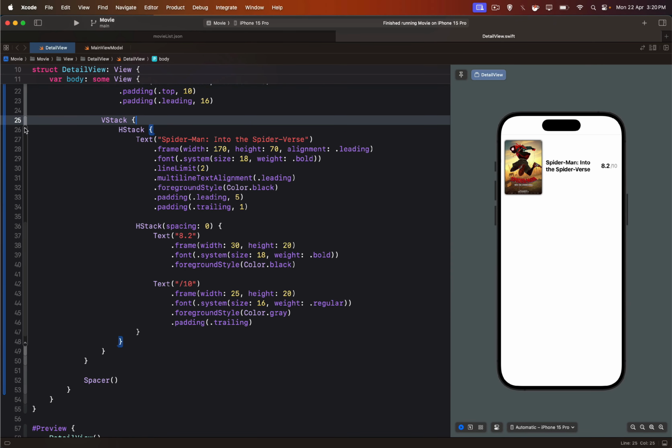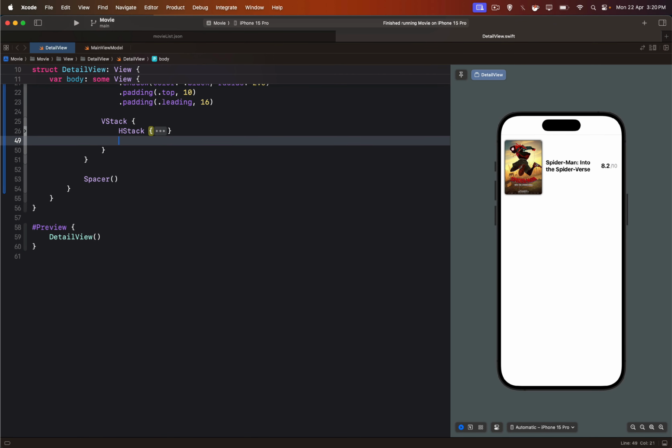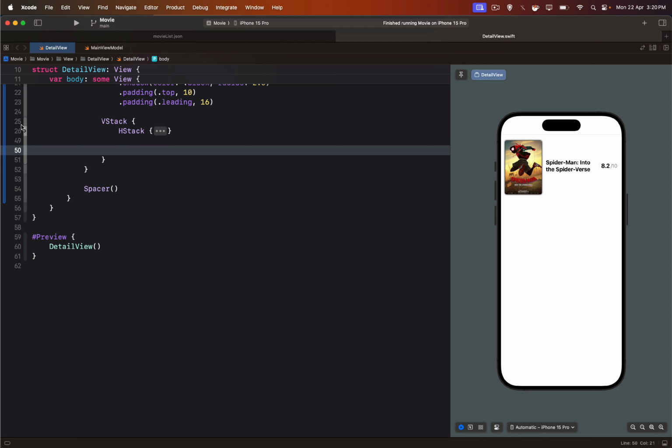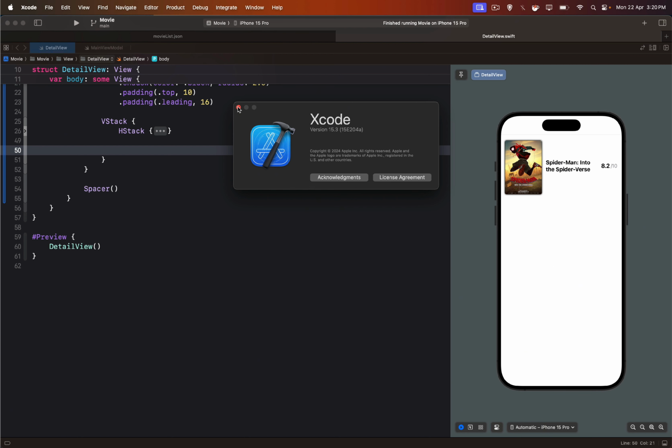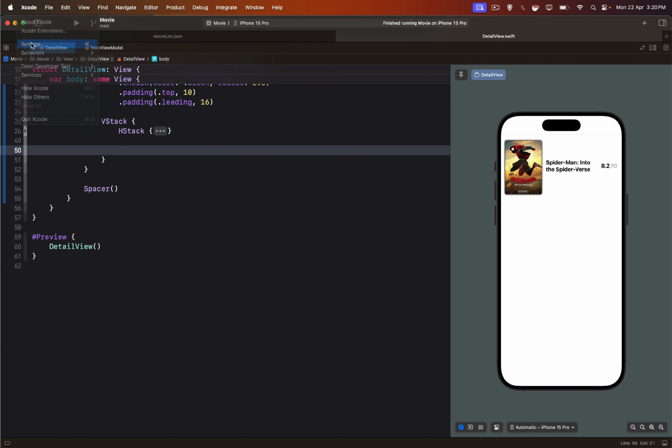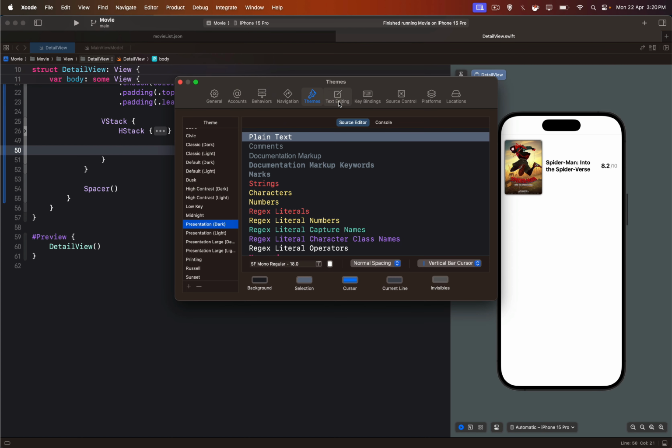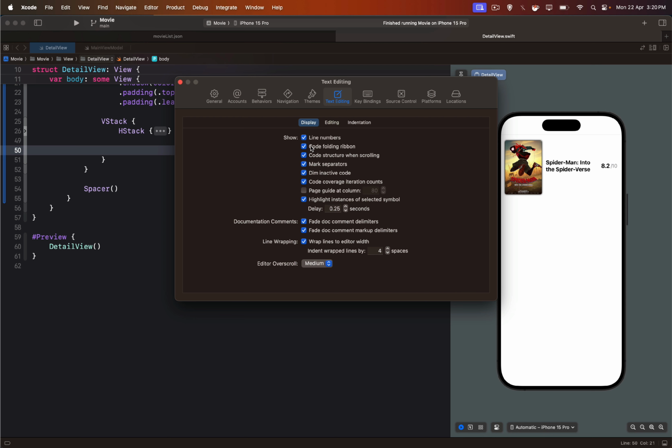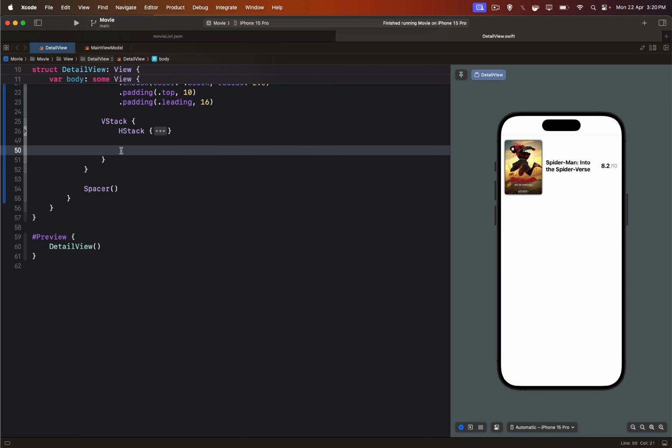To make things a little bit clear, let's just fold the code using the code folding ribbon. If you don't know how to enable this, go to Xcode settings, then text editing, and you can just click this code folding ribbon option on. Now let's add a button,